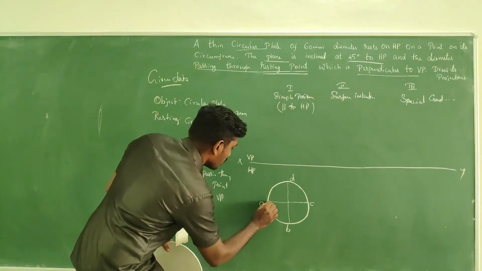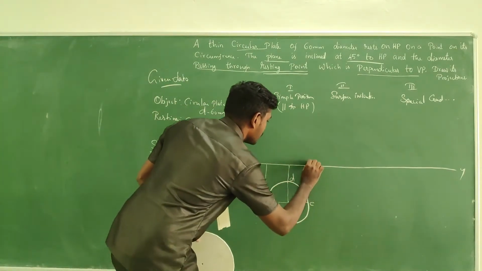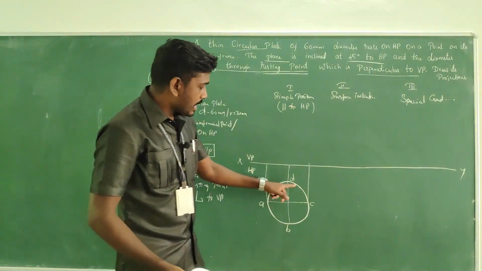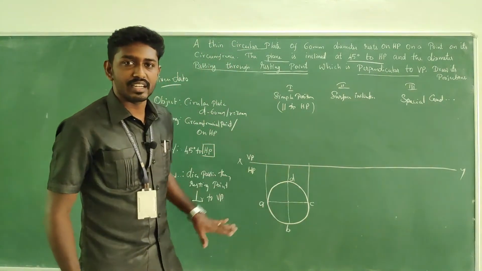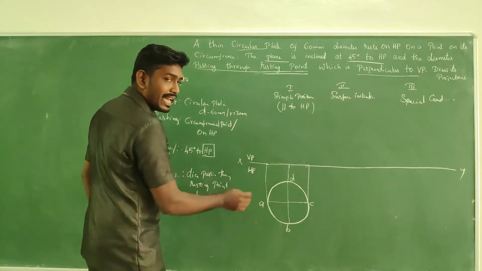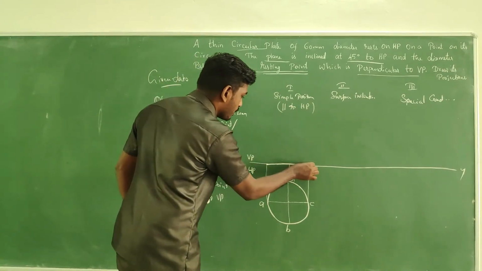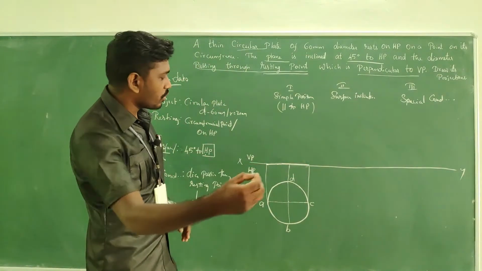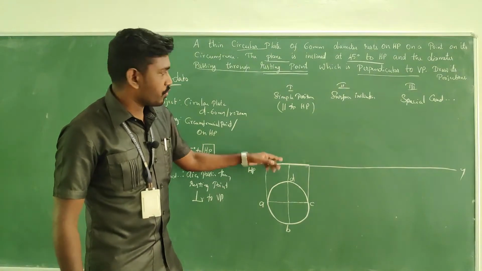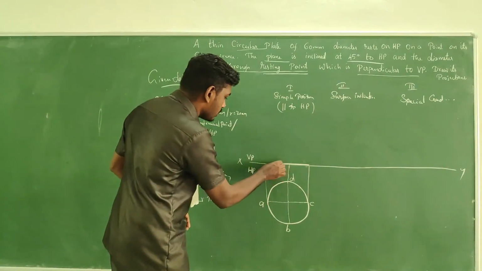Then go for the front view. So for that, take the projectors from the points on the circumference of the circle, and if you draw a horizontal line between the projectors, you will get the trace of the front view for the simple position. Okay, this is the trace.